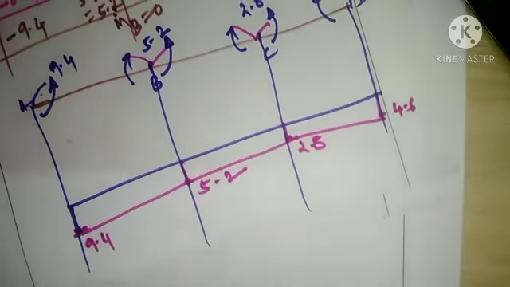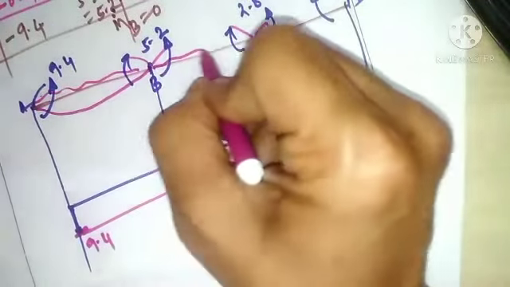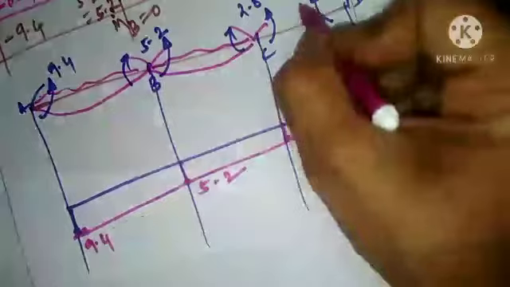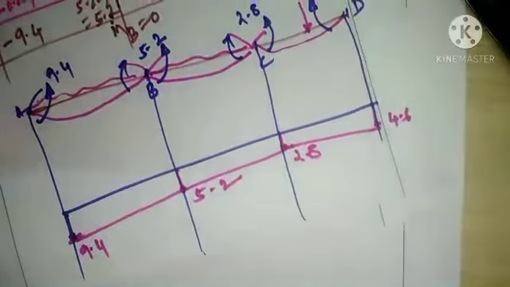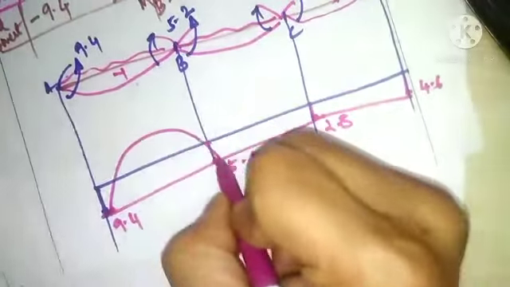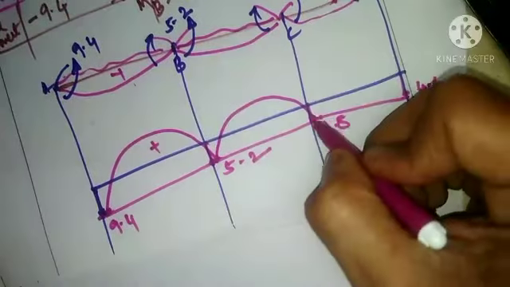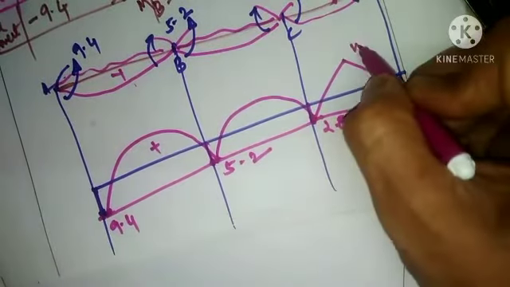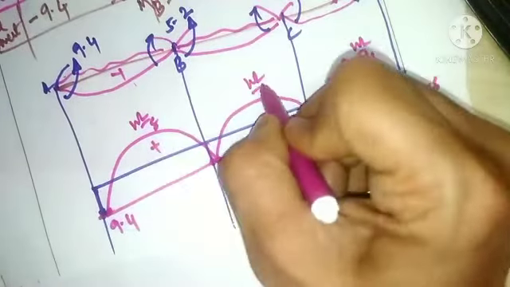Now over this you have a UDL, and that particular UDL will sag. This second UDL will also sag. The point load will also sag. Now sagging is considered as positive. For that reason, the bending moment diagram will come above, which is positive. Here also it will be above, and at this portion it will be WL by 4. We'll verify now. This is WL by 8. This is WL by 8.